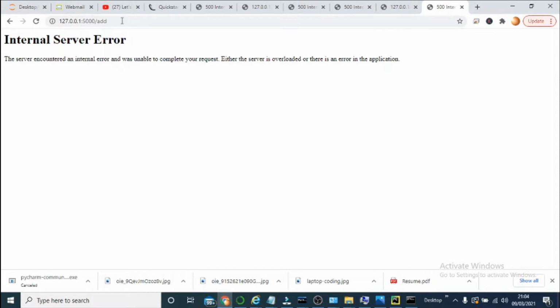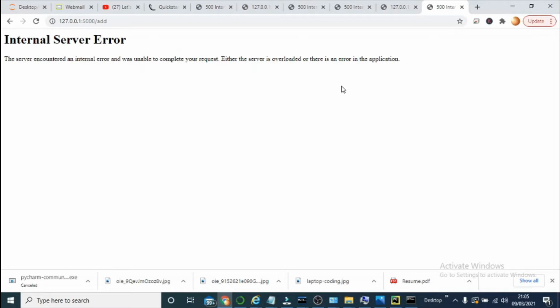When you call it, what happened? It gives you an internal server error, and the message says that the server encountered an internal error and was unable to complete your request. Either the server is overloaded or there is an error in the application, which really does not say anything. This is the practical problem: when we are running a website, such error messages appear on the website too. By looking at the error message from the front end, it is very difficult to identify what went wrong.